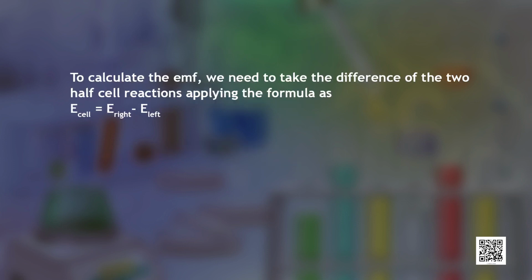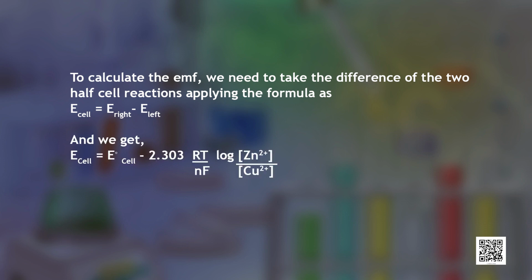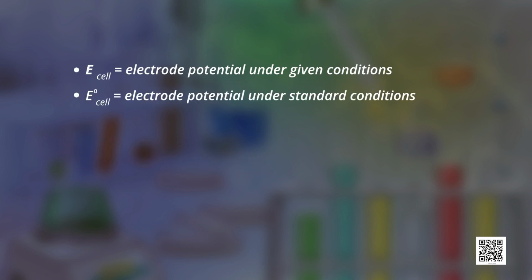To calculate the EMF, we need to take the difference of the two half cell reactions, applying the formula as E cell is equal to E right minus E left. And we get E cell is equal to E naught cell minus 2.303 RT upon NF log concentration of zinc ions upon concentration of copper ions, where E cell is equal to electrode potential under given conditions,